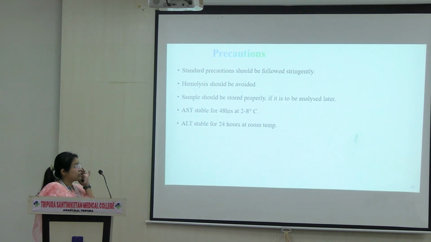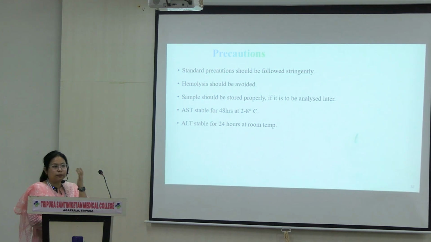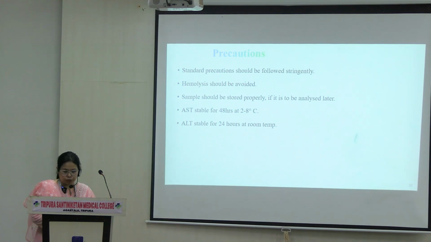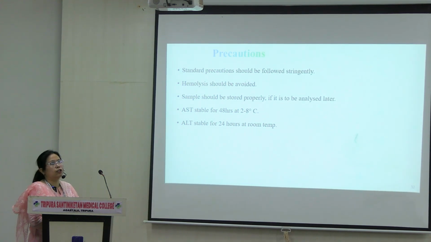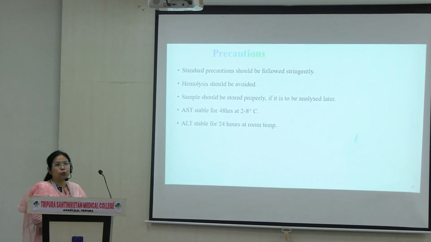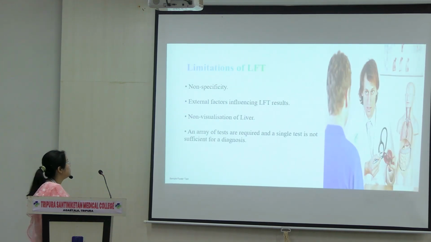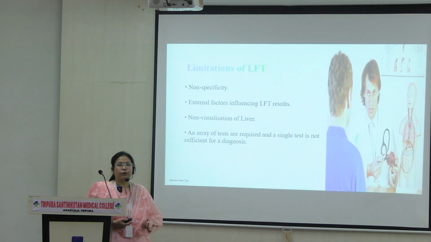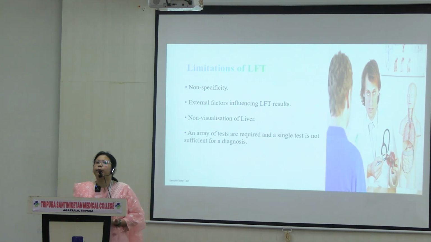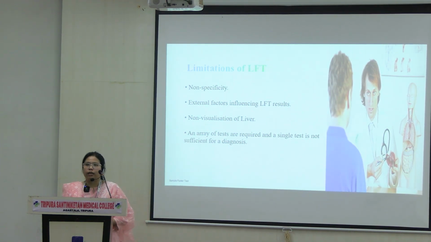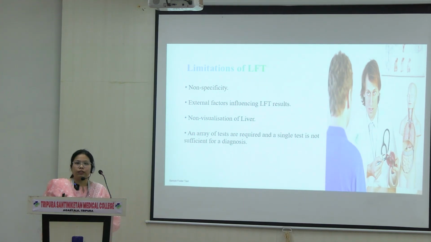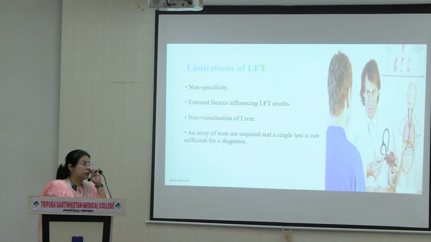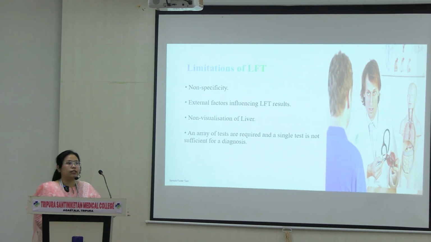So AST and ALT are quite stable if you keep them even at room temperature for up to 1 to 2 days. अगर उसको फ्रिज में रखा जाए, 2 to 8 degrees Celsius, it goes on for about 1 week. It's amazing that just from the serum itself we can get an estimate about the liver. हमने liver देखा भी नहीं है, and then we can know the function of the liver. Get an assessment of how the liver functions just from taking out 5 ml of blood. उसका serum निकाला, and then we can get an idea about how the liver is functioning.